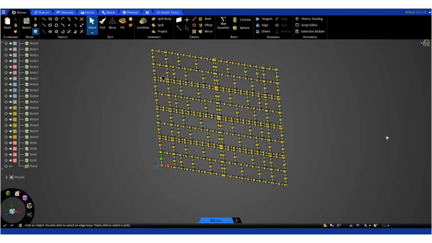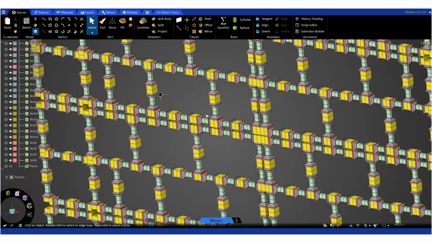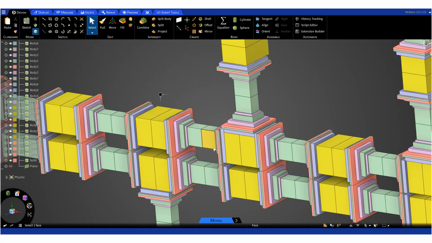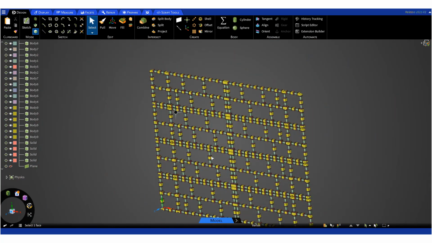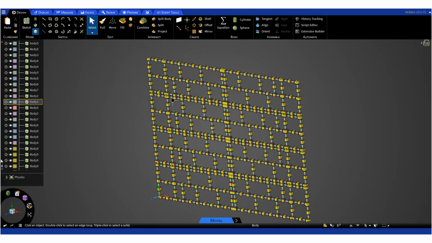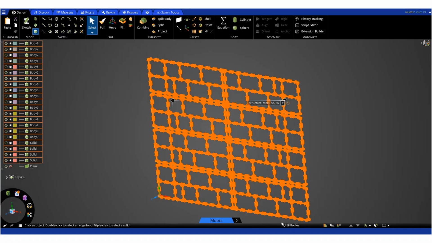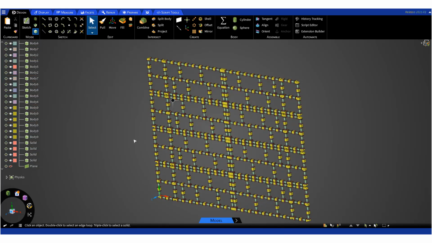Here I have another model. As you can see, it is like building blocks that attach together. It is a massive model. I can tell you that we have 7,400 bodies. So for this one, sharing topology is also important,